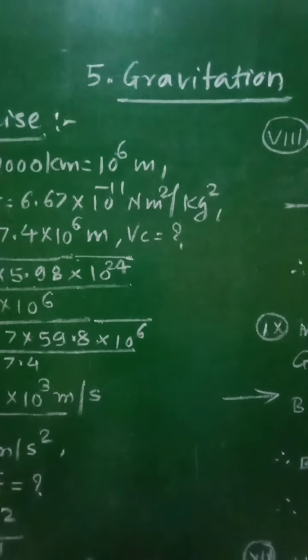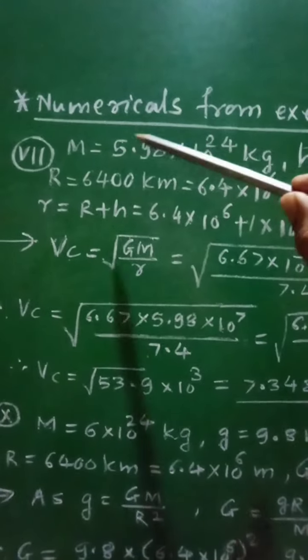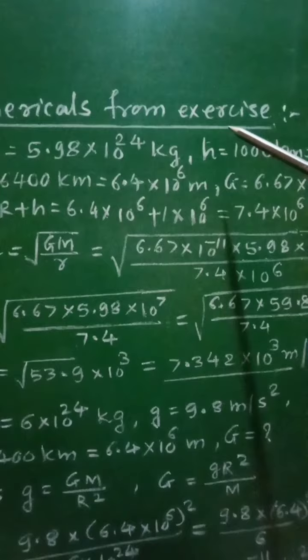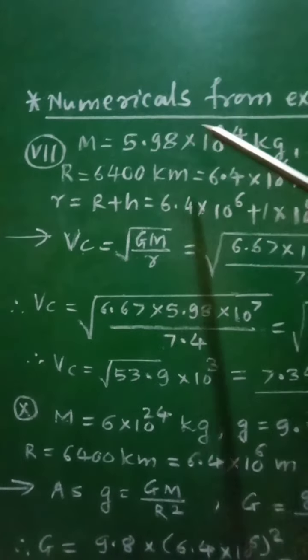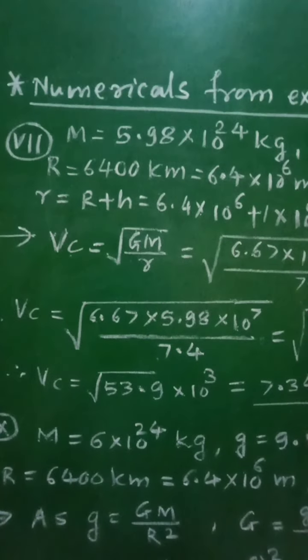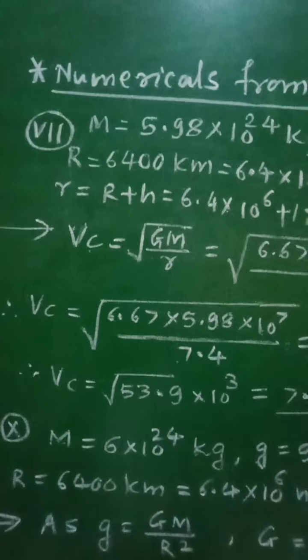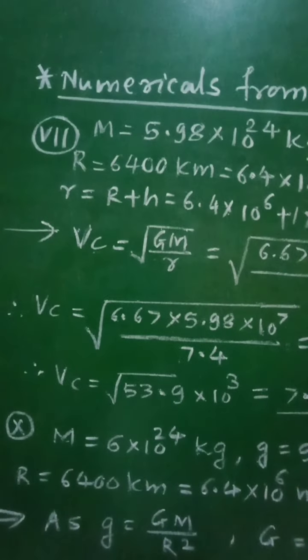Class 11th, Subject Physics, 5th chapter, Gravitation. From this chapter, let us see numericals from exercise. Let us see numerical number 7, which is given as: calculate the speed of a satellite in